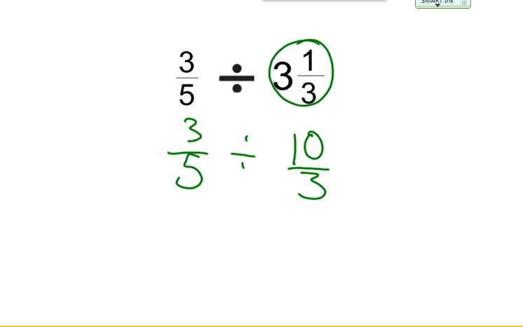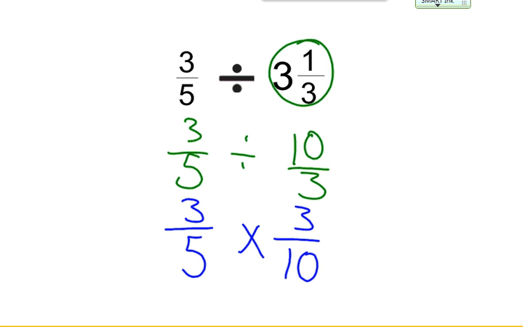You might say, I'm going to cross out these 3's and things are going to be good. But you forgot something. We're not multiplying yet. We're still dividing, and because we're still dividing, we can't start reducing yet. So before that, we have to make sure we have our multiplication symbol there. So it's 3/5 times the reciprocal, which would be